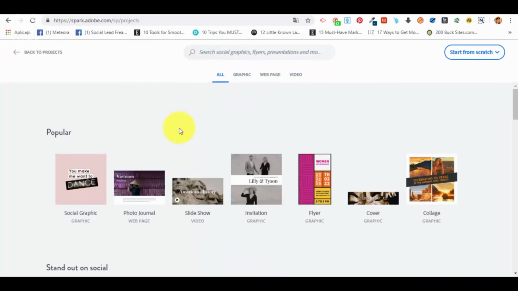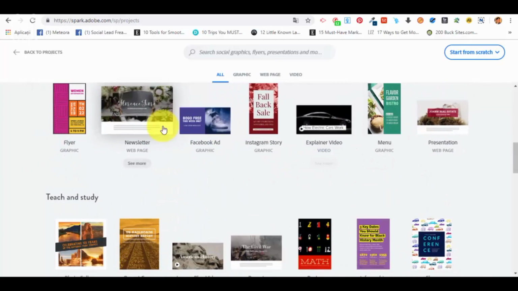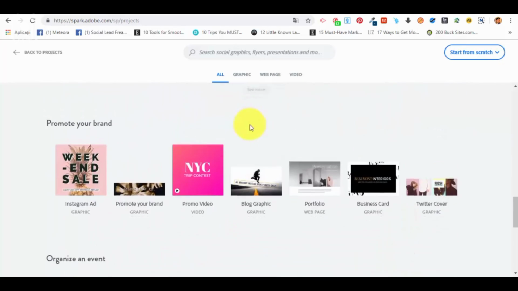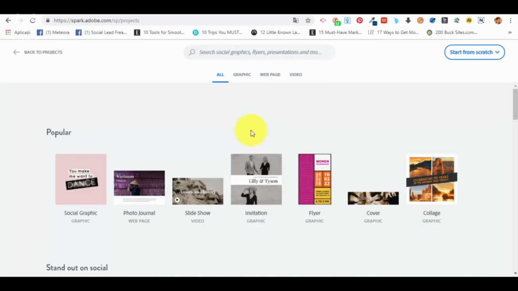I will go to the All section, and if we scroll down in the All section, we will actually see them again, and we can select them from here, from the first page. Okay, now in our next lecture we will start with graphics, like social media posts and other types of graphics that we can create with our